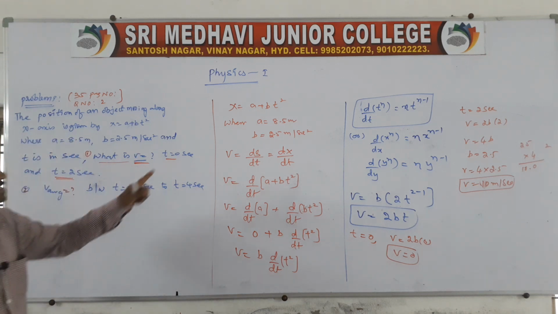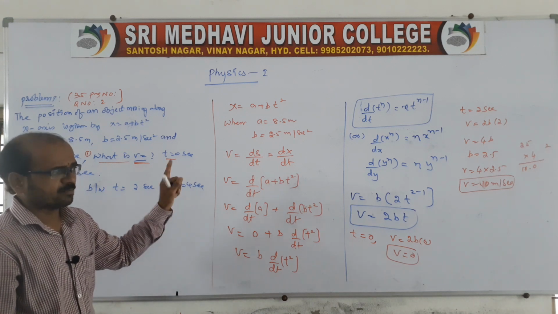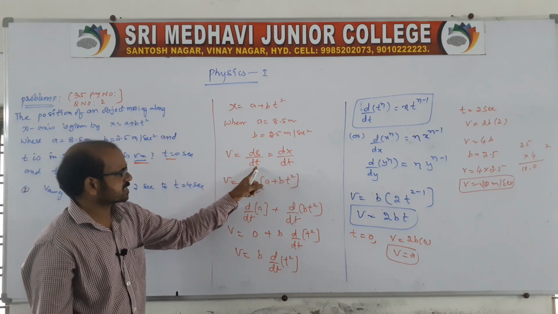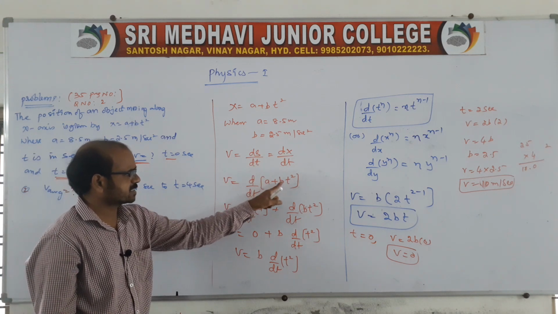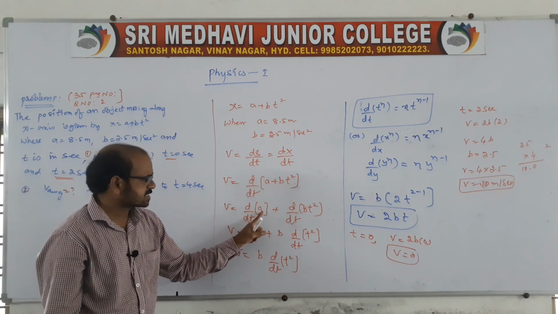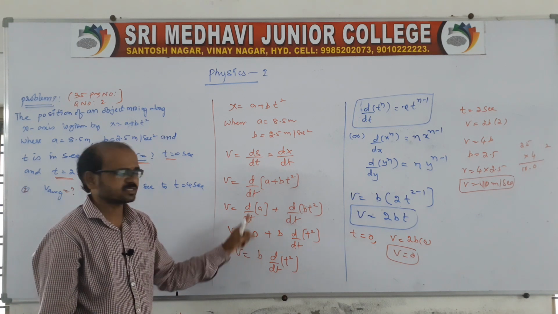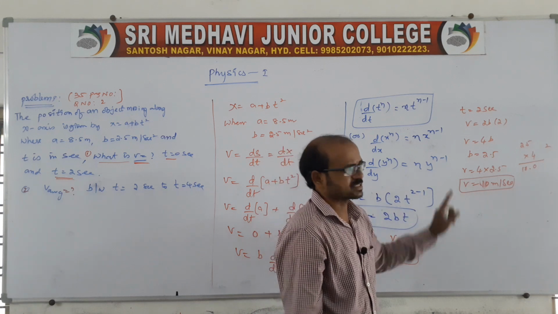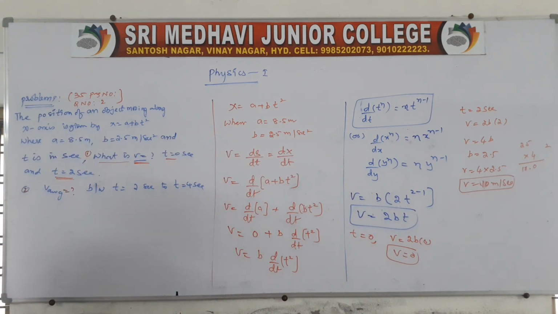So this is the differentiation method, everyone. It is very, very important in physics, because it is an application part of maths. So here v is equal to ds by dt or dx by dt, like that v is equal to d by dt of a plus bt square, and we differentiate. Here a is a constant, and the differentiation of a constant is 0. This is the most important, and like this the velocity is finished. This first part is finished.